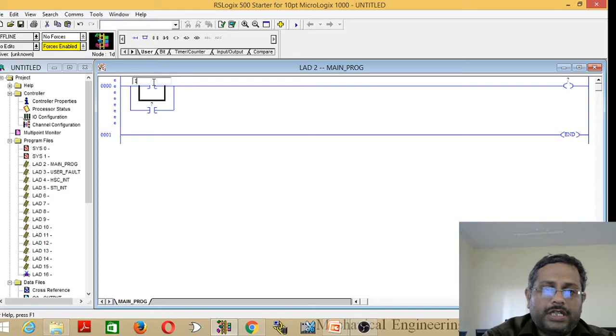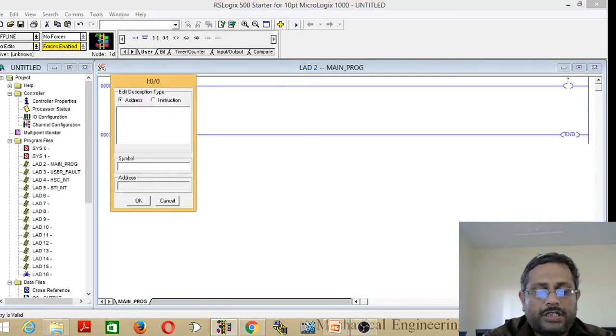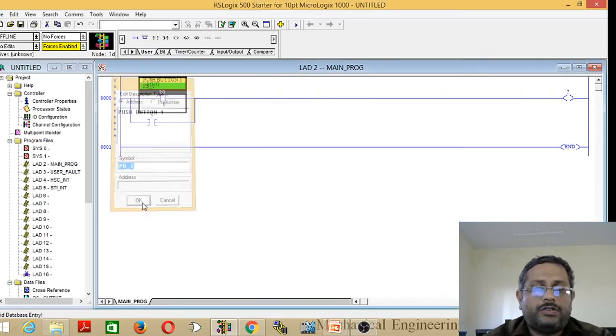Here I represents input 0.0, up to here it is same for input, then you have to change the bits. Here this is push button 1 and representing the symbol PB underscore 1, click on OK.